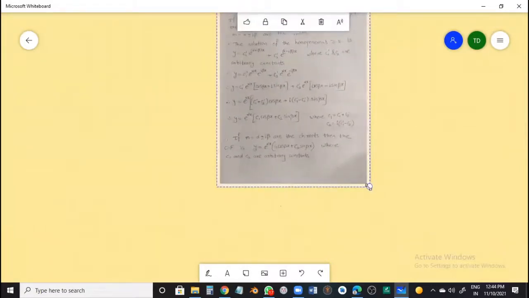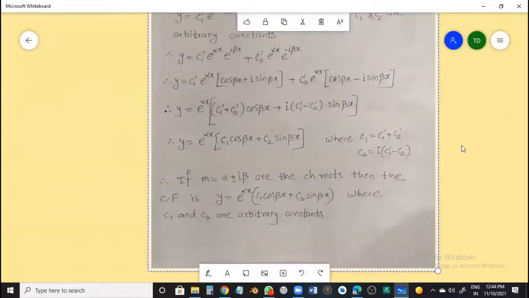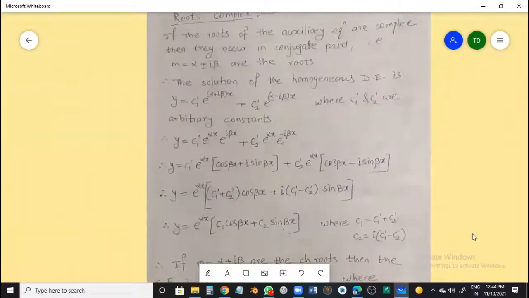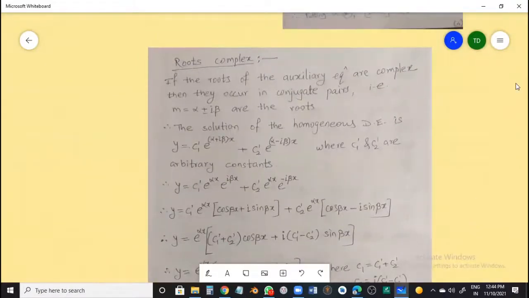So I hope you are ready. If the roots are complex, they will be of the form alpha plus minus i beta, because you know complex roots always occur in pairs. Your equation is